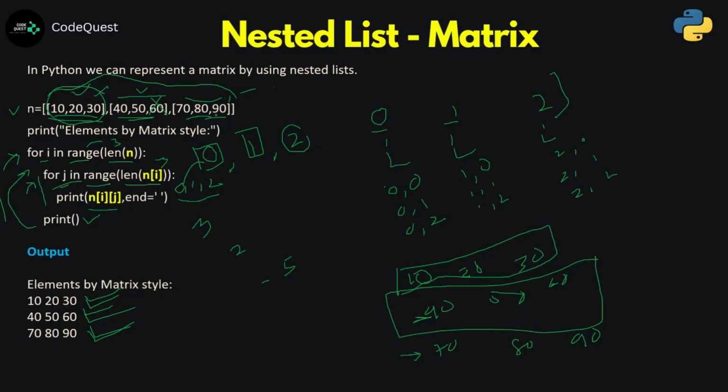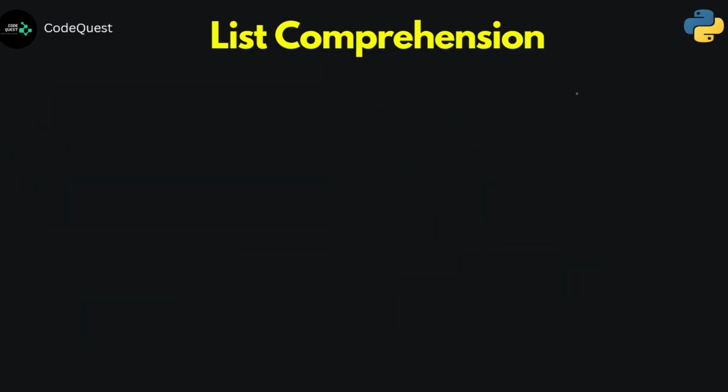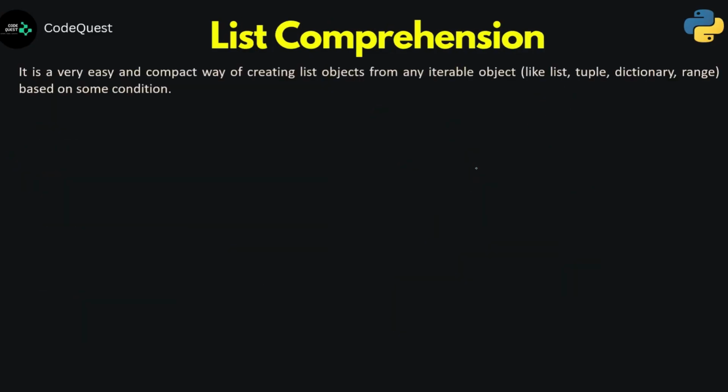So you have the flexibility of taking as many elements into each of the lists here. It is not mandatory that every list inside this nested list has to have the same number. So list comprehension is one of the easiest and most compact ways of creating a list from any iterable object,